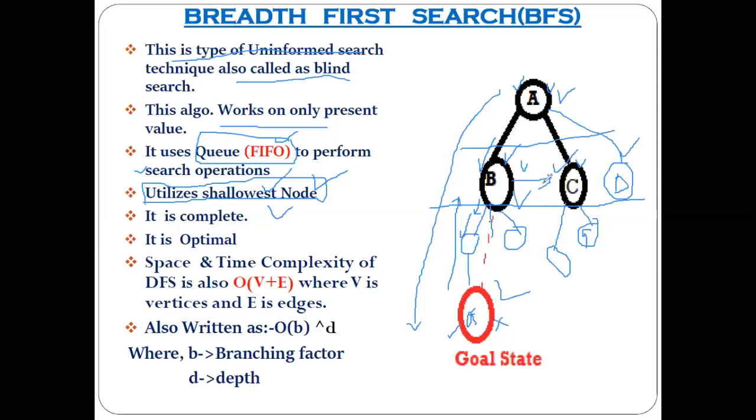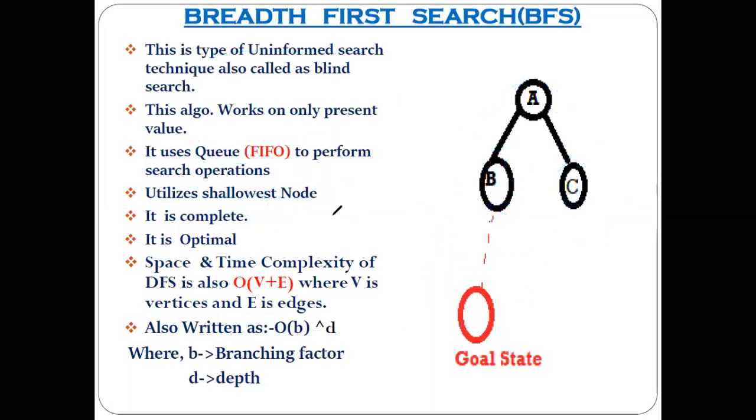As compared to the DFS, in case of the BFS, you have to complete this complete beam. You can consider it as a complete beam also. This complete horizontal part, which is at the same level, and then only you go to the next node. Understood the meaning of shallowest node? So that is the major difference between the DFS and the BFS. Most of the time the difference is also asked. The deepest node in case of the DFS, and in case of the BFS, the shallowest node.